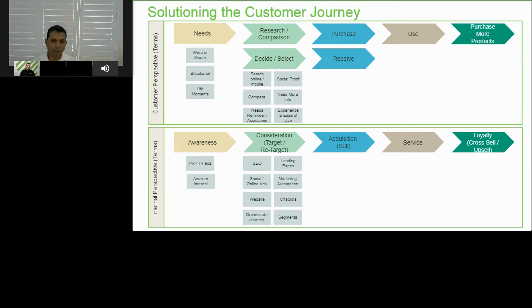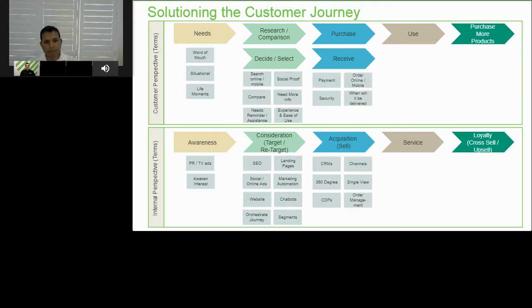Tools such as digital marketing platforms allow you to capture the customer's interactions from the time they visit the website, to interacting through SMS or EDMs, and then connecting them to the buying cycle as well. So this is how the two worlds come together. Moving on, you will see the continuous pattern here, the customer perspective and the internal perspective.